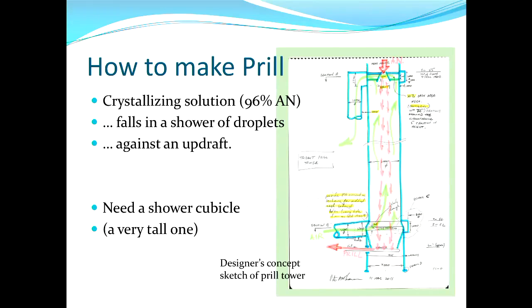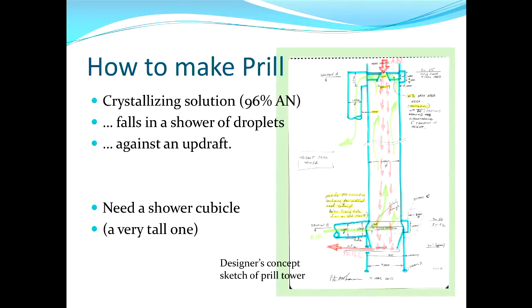I've colour-coded it in three ways. You can see the actual structure in aquamarine. That blue thing is the tower itself. There's a red flow path of ammonium nitrate in at the top, then as drops falling down and collected on a conveyor belt. Against that, I don't know if you can see the green, there's a green flow path of air passing upwards, contrary to the ammonium nitrate, and it's being received in a plenum at the top of